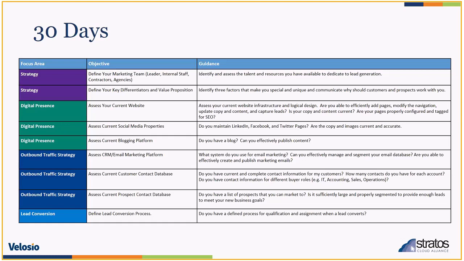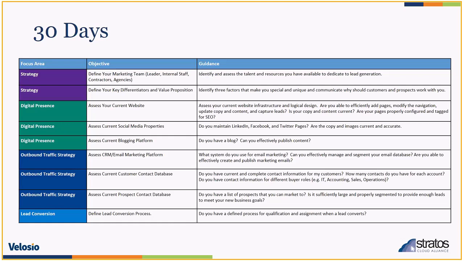The digital presence, we live in a digital world. You got to have a good website, and you got to make it connected. You got to make your social media streams live and active. If you don't have these pieces in place today, this is what you need to do in the next 30 days. And then blogging and content is a huge way to drive traffic and SEO. And this will help you get ready for the next 60 and the 90-day action plans on here. So if you don't have a website that allows you to blog easily, it might be a good idea to think about how you can get a platform to do that.